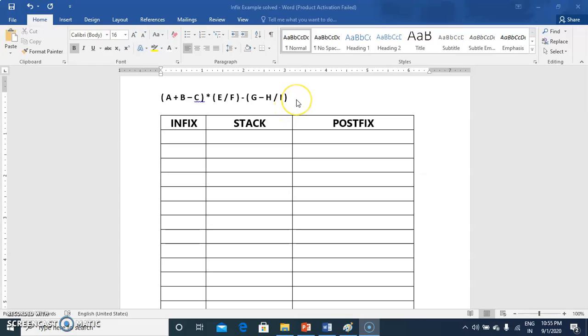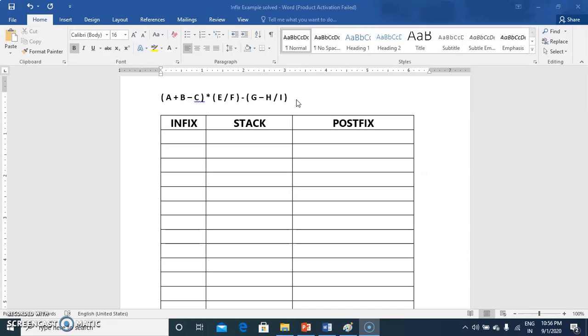As you know, while converting the infix expression to postfix expression, some rules you have to follow. Which are those rules? That algorithm we have studied, so in short, I will revise that algorithm. If opening bracket appears, push it on the stack. If your expression already contains the first character as opening bracket, it's okay. Otherwise, you can add an opening bracket. If your expression contains the last character as a closing bracket, it is okay. If not, you can add a closing bracket.